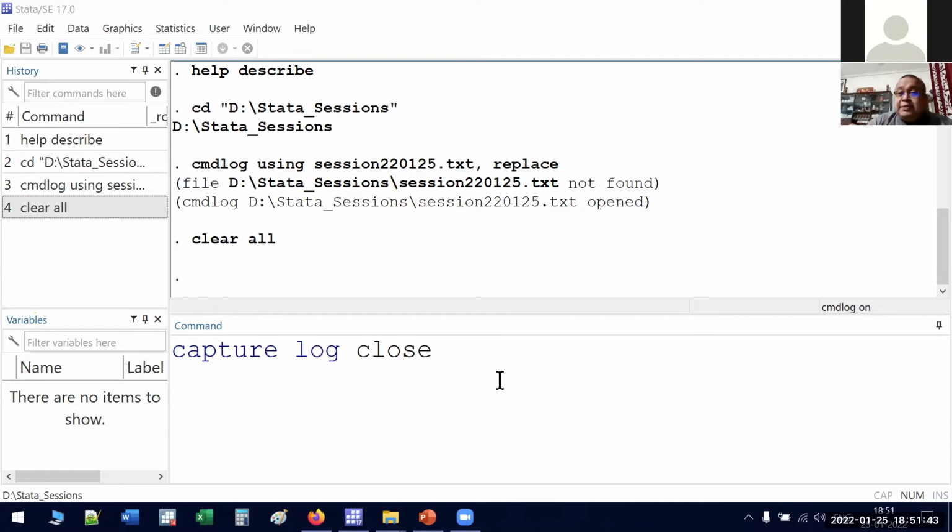Now, maybe this small discussion on capture is not sufficient for you. So later on, after the end of the session, go to,